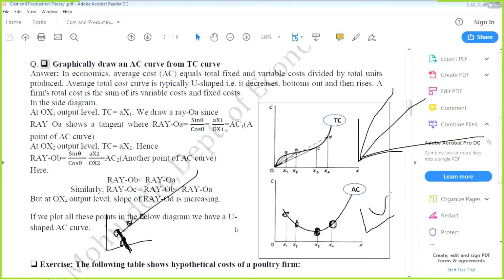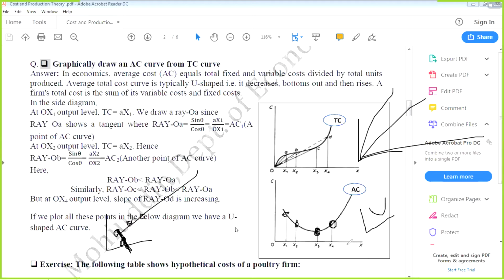Sir, in the second diagram, why is the slope so concave? I think the first one is not so. Which one are you saying is second? Okay, why is it so concave? That is your question.